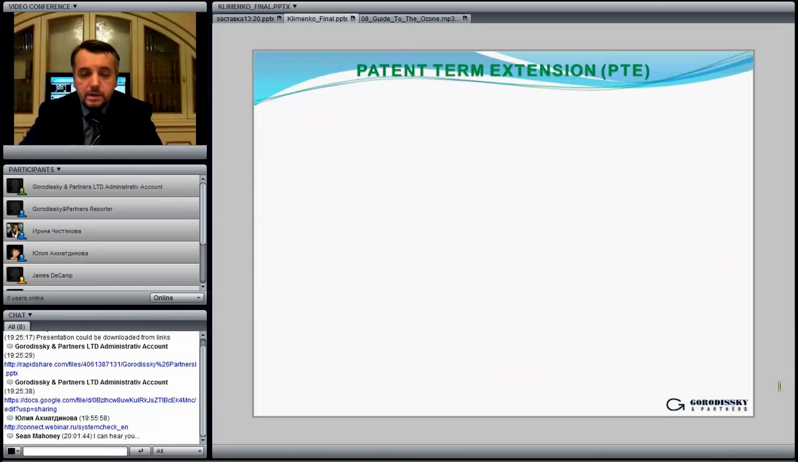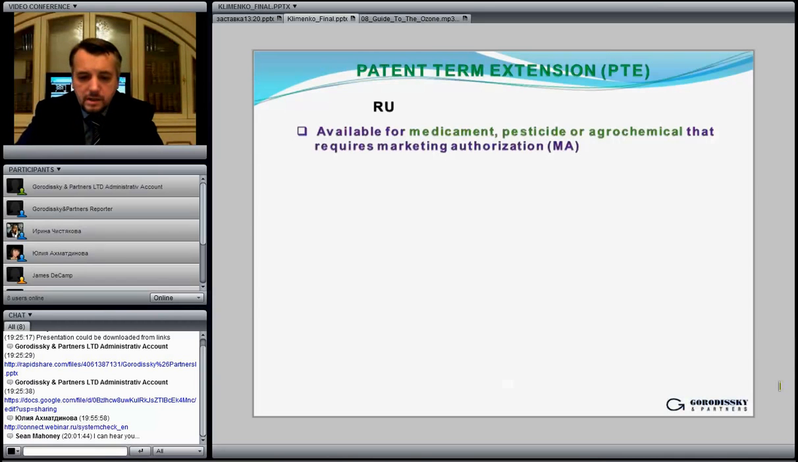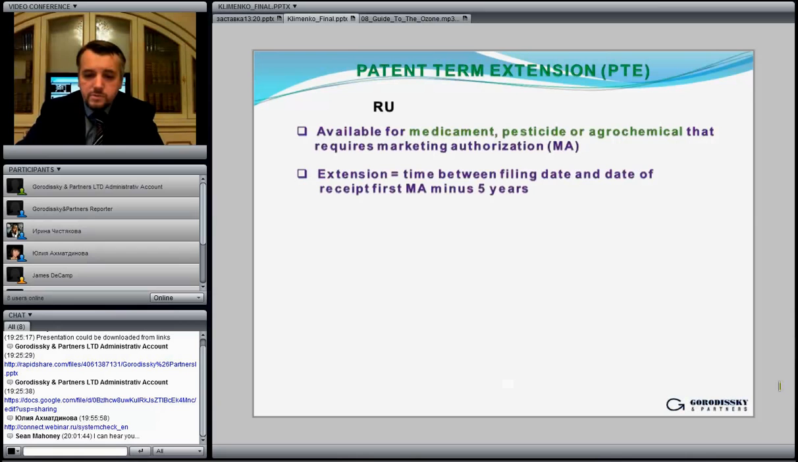I'm done with the biotechnological claim drafting, and in the final part of my presentation, I'd like to mention two things which are of interest as far as the biopharmaceutical field is concerned. Patent term extension, PTE. In the Russian legislation, some objects like pesticides and other chemicals require marketing authorization to be put on the market. And in accordance with the Russian legislation, if the time lapsed between the filing date and the getting of first marketing authorization exceeds 5 years, you can get the patent term extended using the following formula: